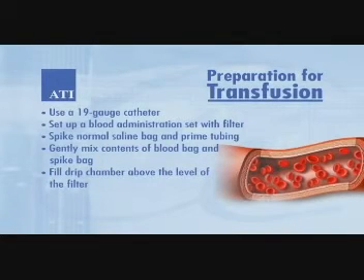Be sure a signed consent form has been obtained. Tell the client to report signs and symptoms that develop after the blood transfusion is started. Document the client's current vital signs. Now, the interventions. To prepare the blood for administration, select at least a 19-gauge catheter. Select a blood administration set with either single tubing or wide tubing and close all